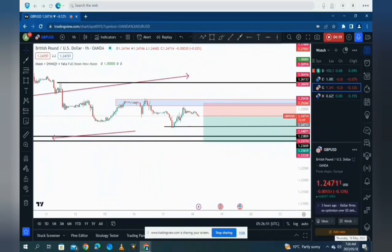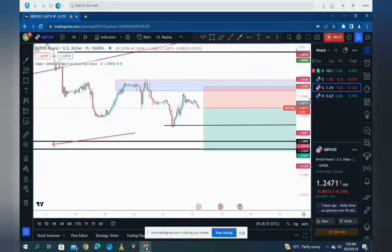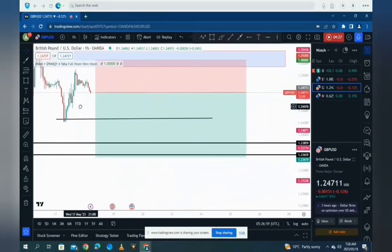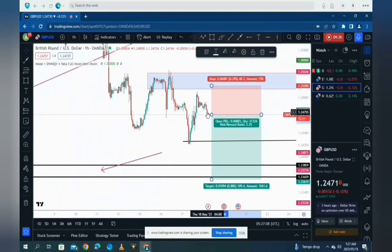I'm not sure if I'll be back with an update just in case this thing happens during load shedding, but it is a beautiful break and retest, and it is going to the downside. Just stay tuned for that one, guys. Maybe you'll be looking to take some double tops or however you trade, but based on market structure,